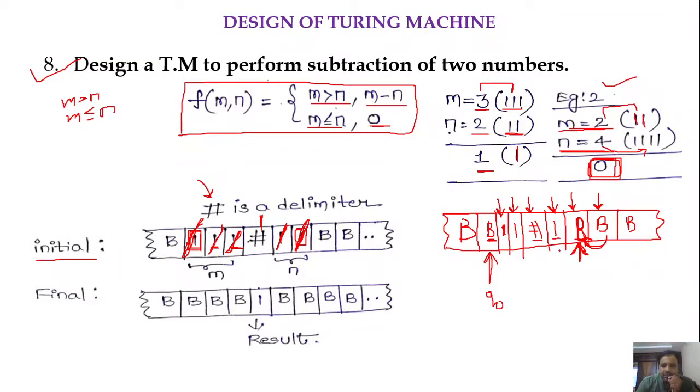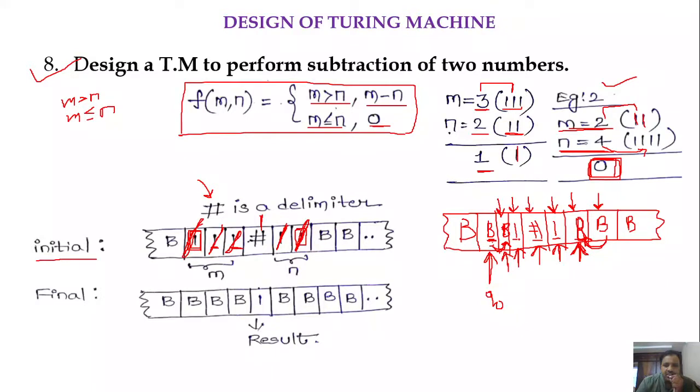Okay, so if you see, while moving the head towards left, we get 1, keep that 1 as it is. Then we get a hash, keep that hash as it is, move towards left, 1, move towards left, 1, move towards left, and next blank. The moment we get a blank, move the head towards right. Now what is the input that we are having? 1. So replace that 1 with a blank and move the head towards right.